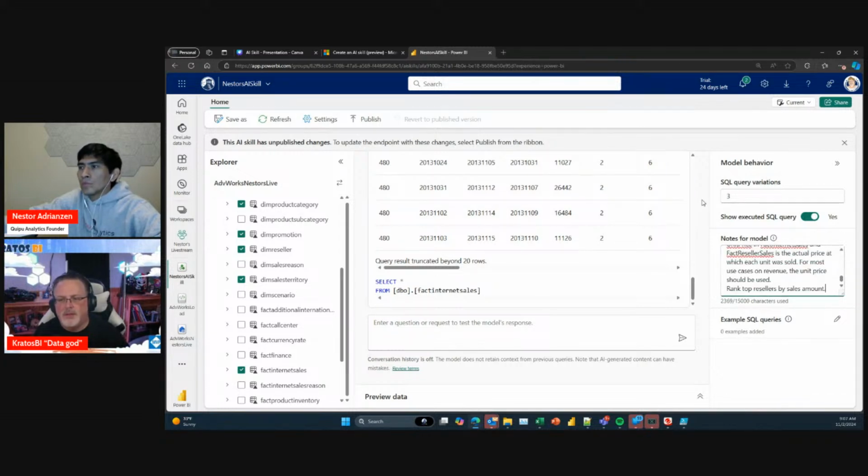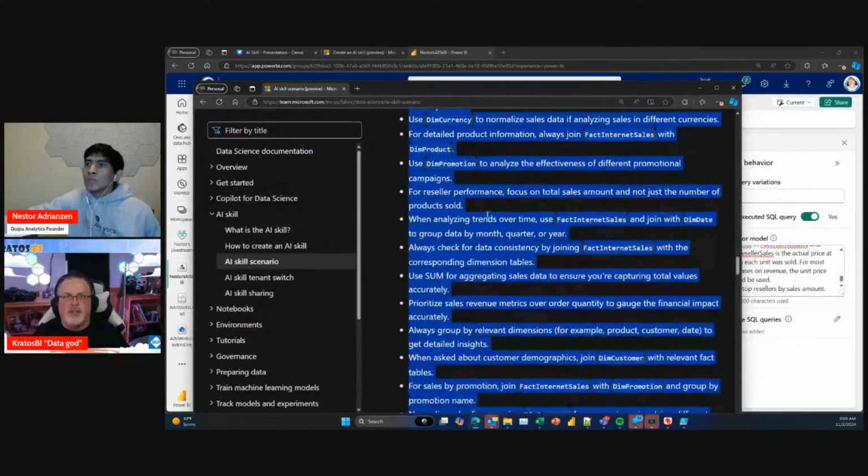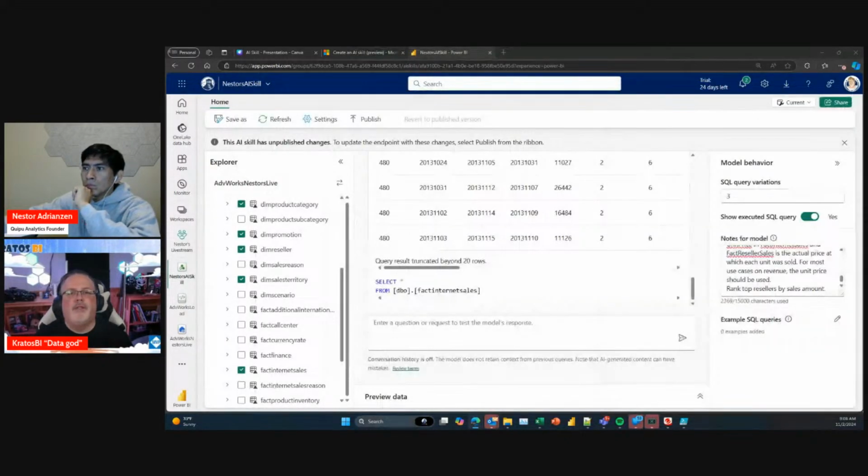Okay, so I've got all those components in place and I could just paste a whole slew. In this case, I've got a whole list of items and guidance I'm giving it. Microsoft, in the example, gives us all sorts of things that we can train and guide our model on. And you might find that inside your model, you've got similar explanations and notes that you want to update and make available.